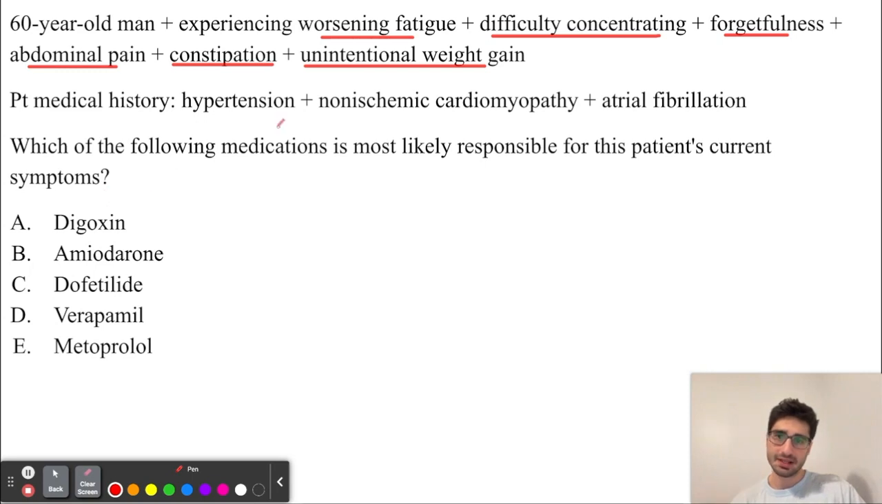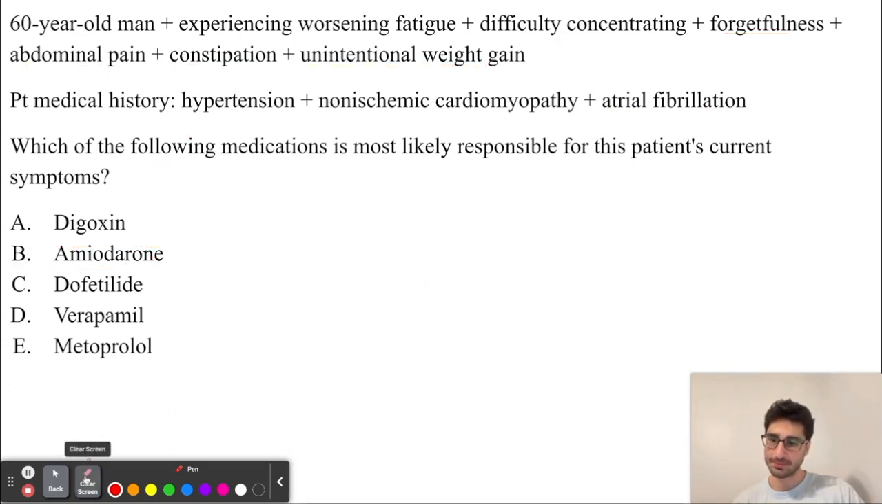Now, the symptoms that this patient is experiencing are going to be classic for hypothyroidism. So the fatigue, difficulty concentrating, being forgetful, having constipation, and having unintentional weight gain is going to be classic for hypothyroidism. And out of the medications that are listed, amiodarone is going to be the one that is most likely going to affect the thyroid gland. And amiodarone can be given for rhythm control in atrial fibrillation, which is most likely the reason why this patient